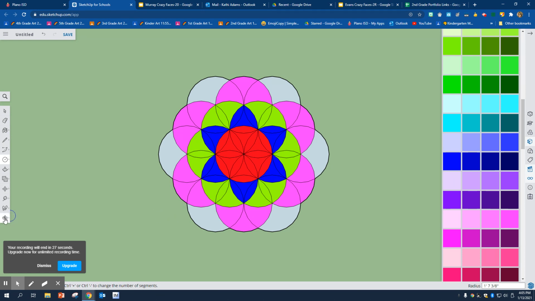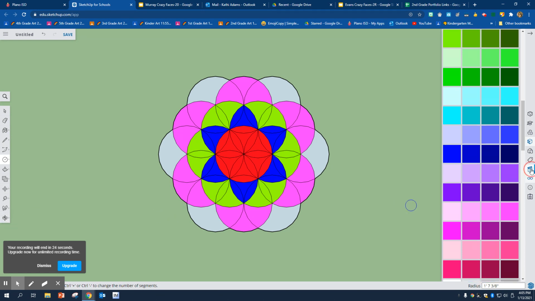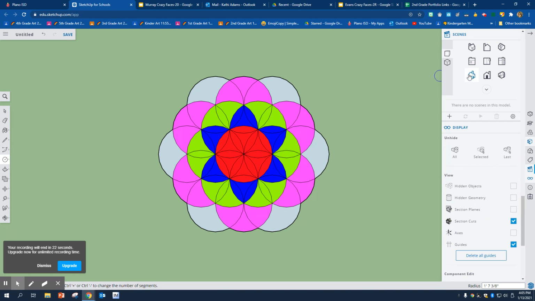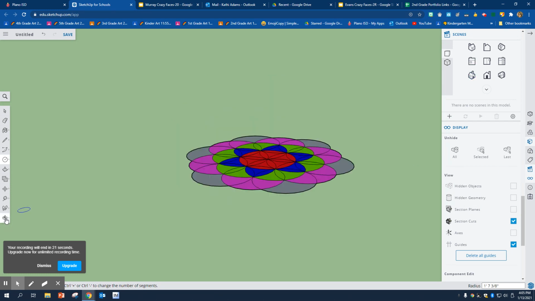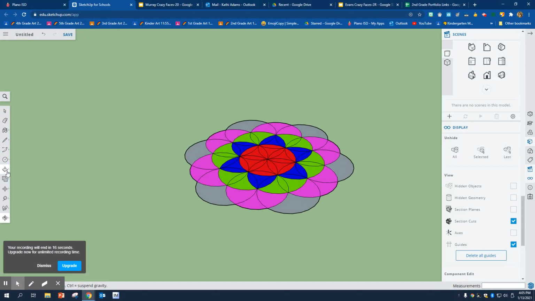If you want to look at it from a different view, I only have 20 seconds. I'm going to go to a different view. I can click on Orbit, which is this top one. And if you want to use the push-pull tool, push-pull is this one. Click on the face, and then you can go up or down to make your design 3D. Let's say I want to click on this one. I can touch the edge, and it's the same exact height. You can look at it from many different